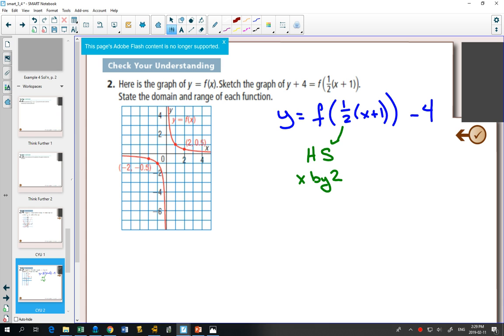Underneath, remember, we always multiply by the reciprocal. So here, we would multiply our x values by 2. The next number we run into is the +1. We note